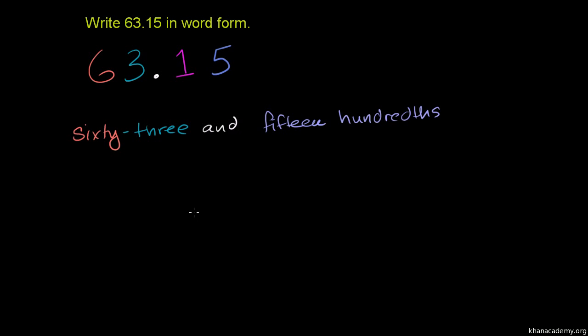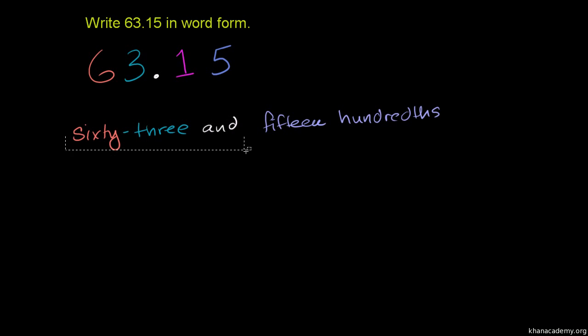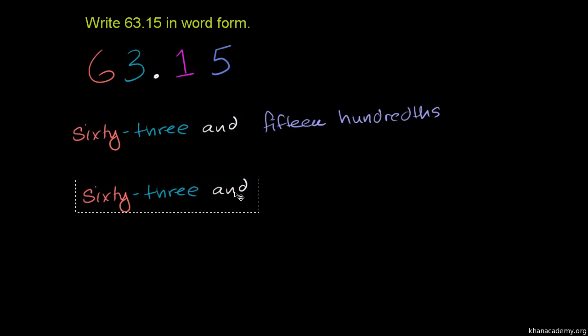Hundredths, just like that. Now, it might have been a little bit more natural to say, hey, how come I don't say 1/10 and then 5/100ths? And you could, but that would just make it a little bit harder for someone's brain to process it when you say it. So it could have been 63. So let me copy and paste that. It could be 63 and then you would write,